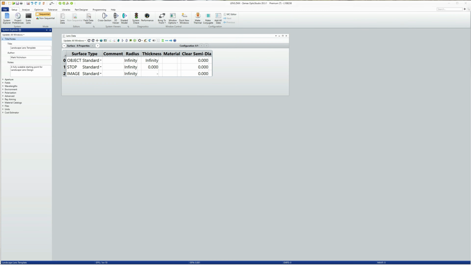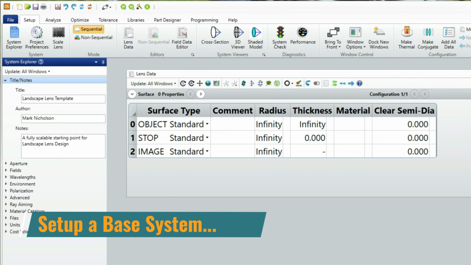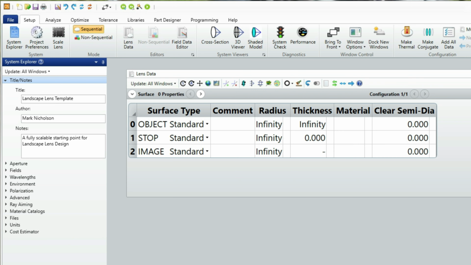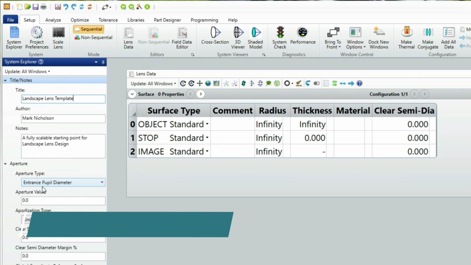Okay, so let's get started. Start up Optics Studio and hit File New. I've set up my user interface in the way I described in my UI tweaks video. Now, since the stop is going to be the first optical surface in the system, I'm going to use float by stop as my aperture definition. So in the Aperture tab, Aperture Type,